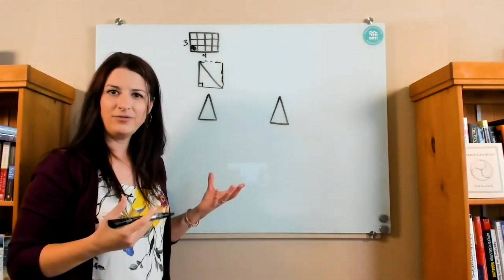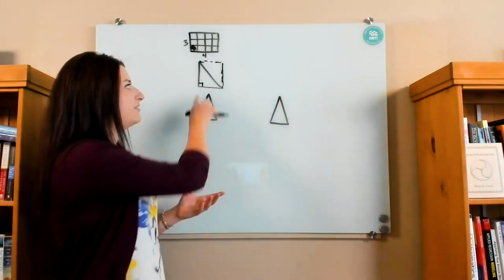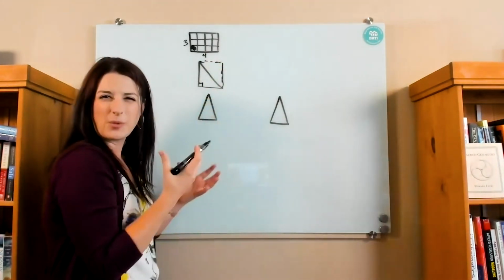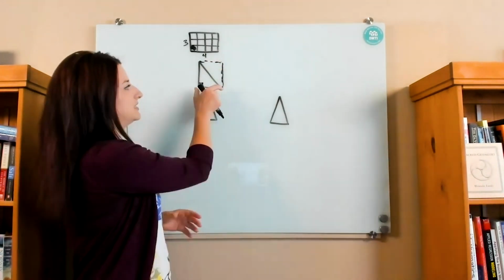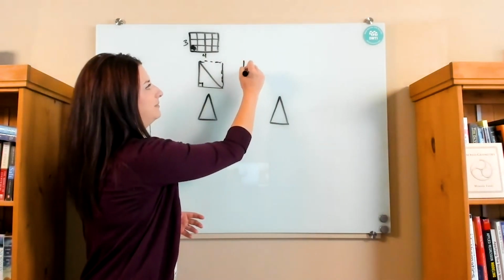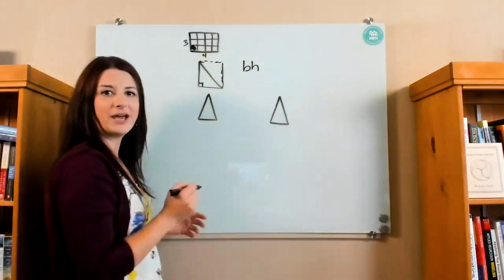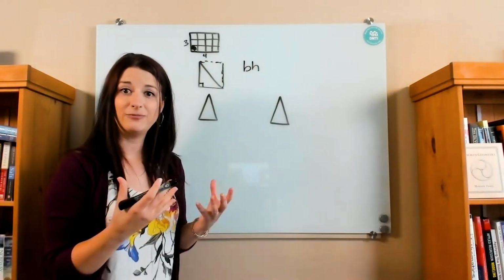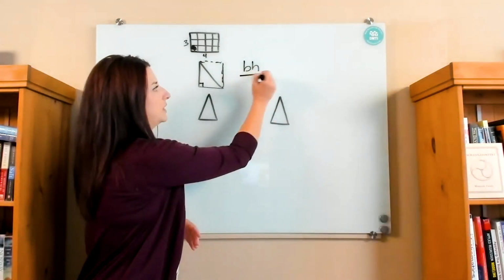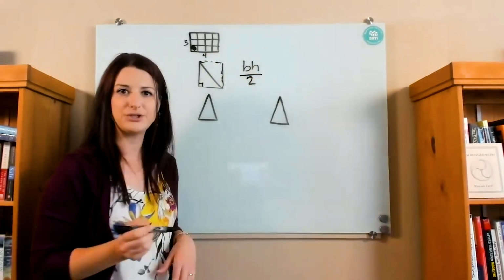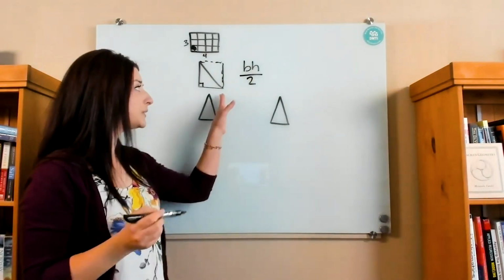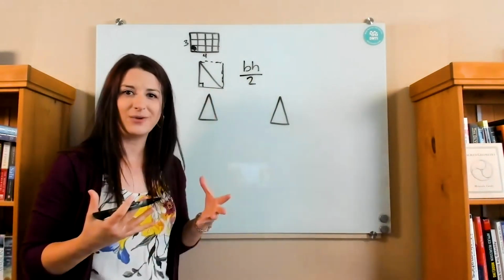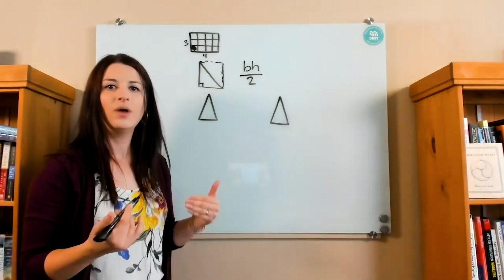So now I have a rectangle, and I can think about finding the base and the height, which we're going to transition to those words with some of these. So our base and our height, I can multiply the base times the height to get the entire rectangle. But to get back to my triangle, I have to divide that in half because it's only half the space. So I would maybe think about dividing it by 2 to get back to that space. So again, it worked pretty nicely with that right triangle, but now we're going to move into, well, does that